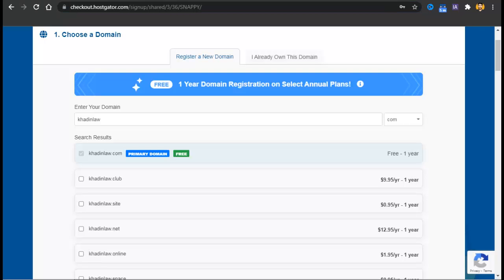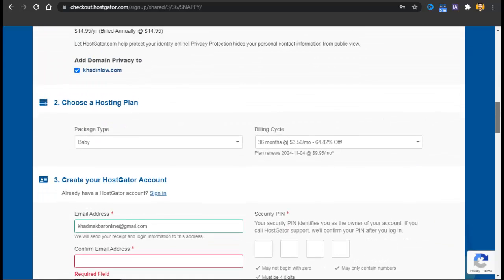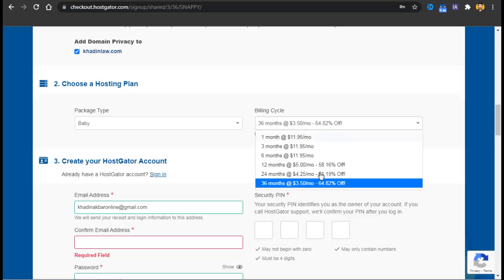After selecting that, go below and select your plan, and also here you will have to select if you want to buy for 1 year, 2 years or 3 years. If you buy for 1 year, you will get a 58% discount if you use my coupon and go from my link. If you buy for 2 years, you get 61% off, and for 3 years you get 64% off. Okay, so that's the beauty of this web hosting.